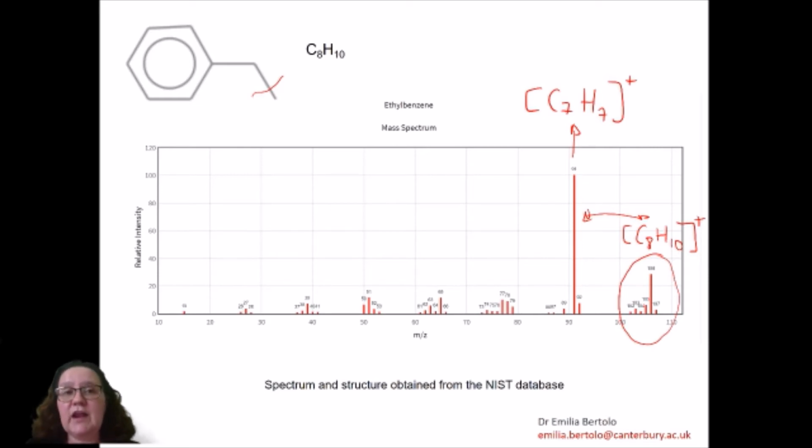In this case, it's likely that the structure of that fragment is this one, the benzene ring with a CH2. However, sometimes there are changes that happen inside the mass spectrometer, related to the fact that you have high energy ions and they are being accelerated. So it can be a bit risky to suggest the structure of the ion,